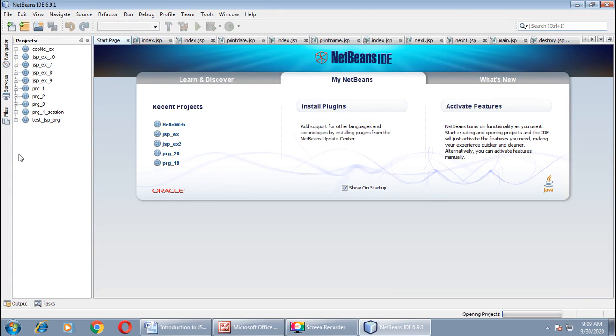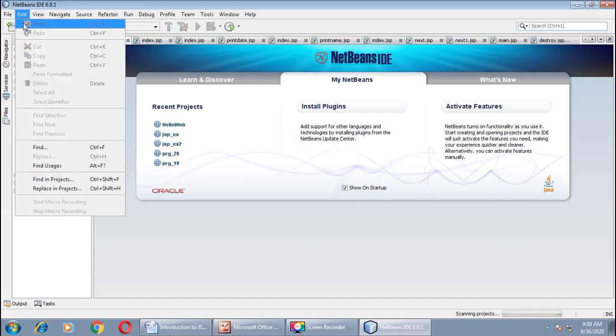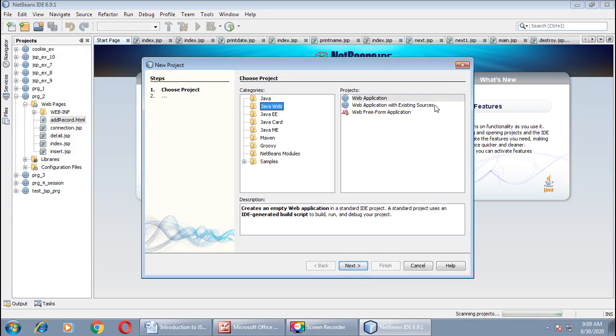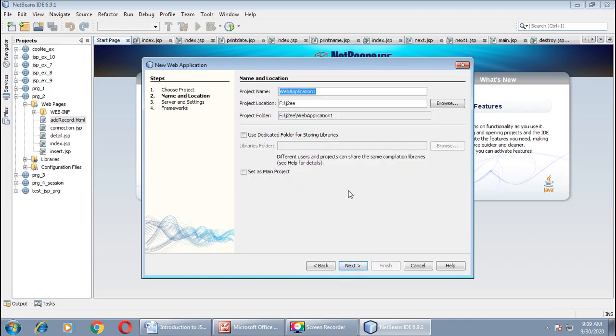Here we will create a new project for our example. So let us begin. For that we will choose File, click on New, Java Web. We want to create our web application, click on Next. Now all of you are aware of all the steps of how to create a new project.